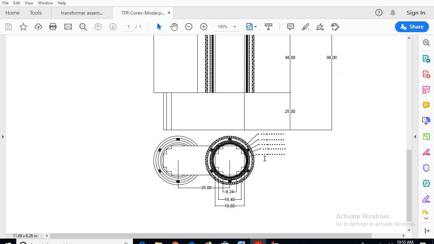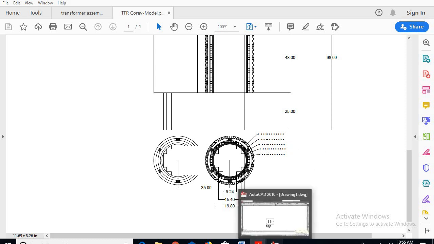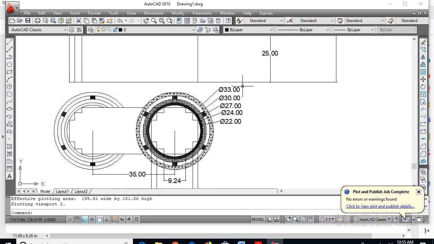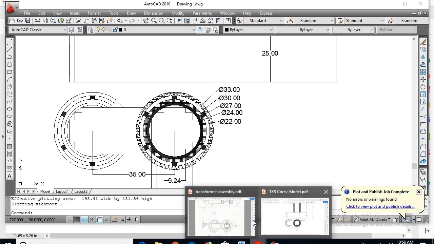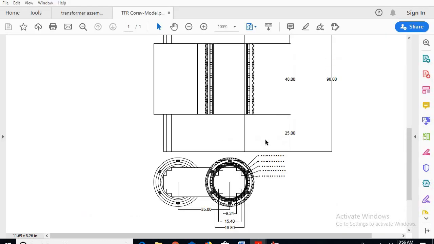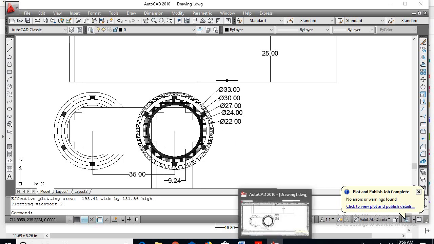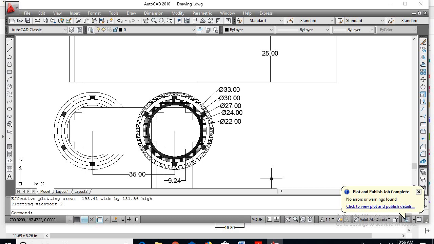You can increase the size, so that you can manage. Here the diameters are visible, but we are getting dotted lines. That can be fixed by increasing your scale. There is no worry, increase the dimensions. Okay, thank you.